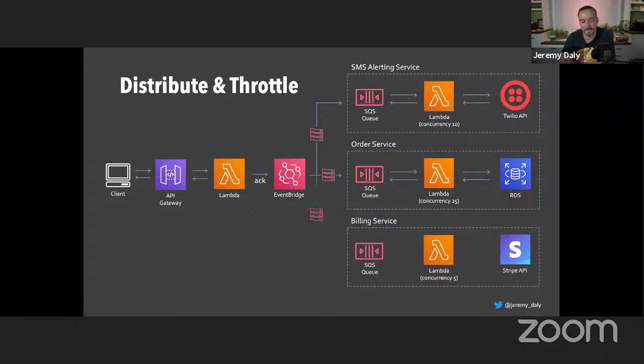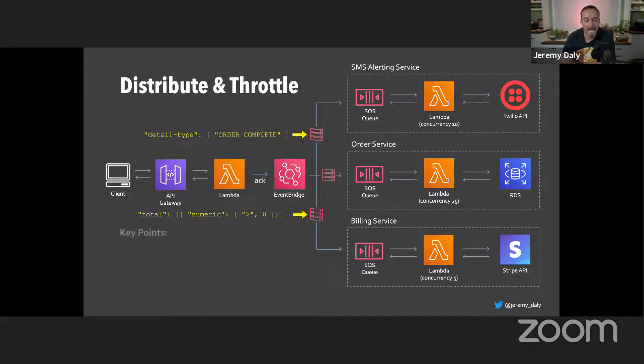So another event comes in, we route it to that SQS queue that calls the Stripe API. Maybe there's some other concurrency thing happening there. And we can add really interesting things to these filters. We can say that we only want to send a text message when the order is complete, when that detail type matches order complete. Or we only want to charge your credit card if the numeric value of the total is greater than 0. So maybe we have a free ebook that we give away and we don't want to bill the card if